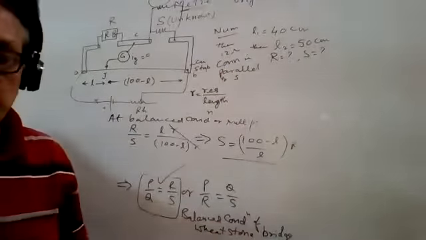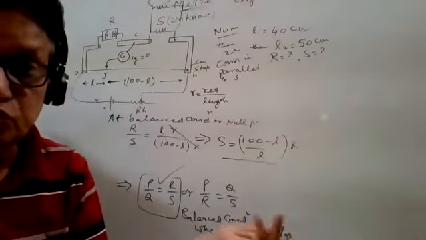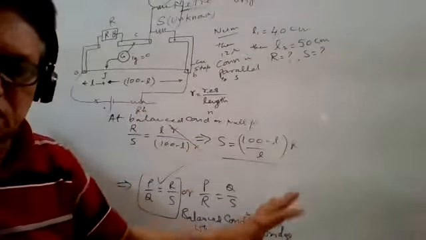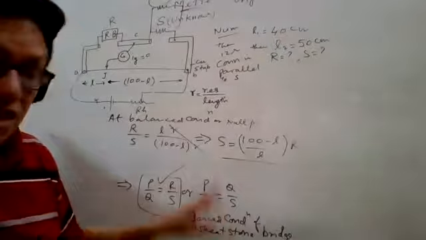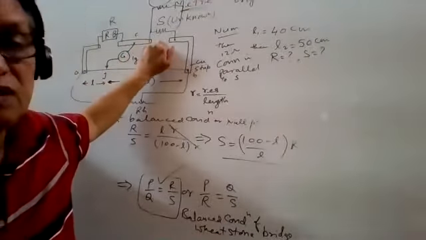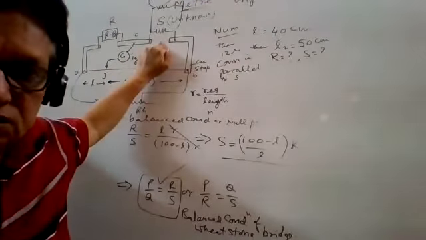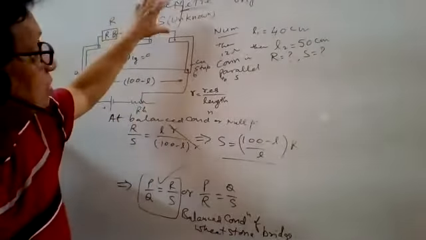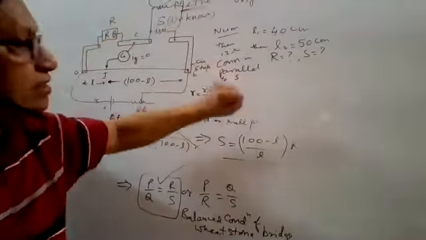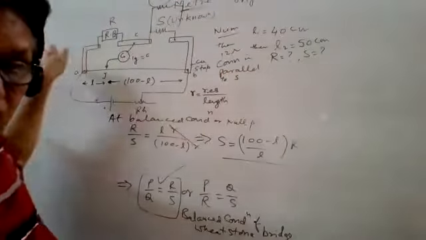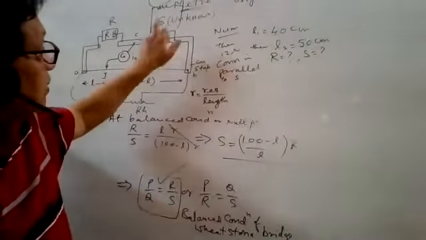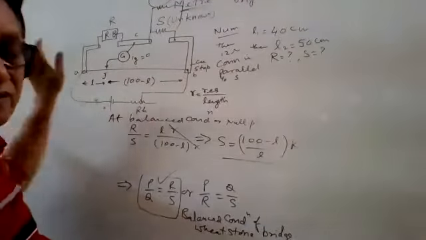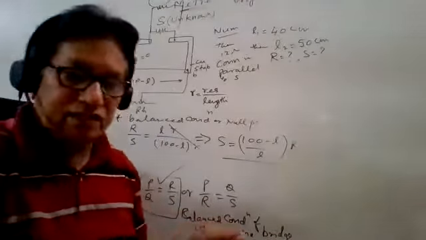So in some other questions, because in this class we cannot solve so many problems, I'm taking more cases in this same question. Suppose instead of parallel, 12 ohm resistance is across this shunt resistance S, the unknown resistance R. It means R is dominating, as in parallel resistance decreases. Suppose it is in series, this is dominating, it means this balance point must shift towards that. Now you can solve it easily, very simple.